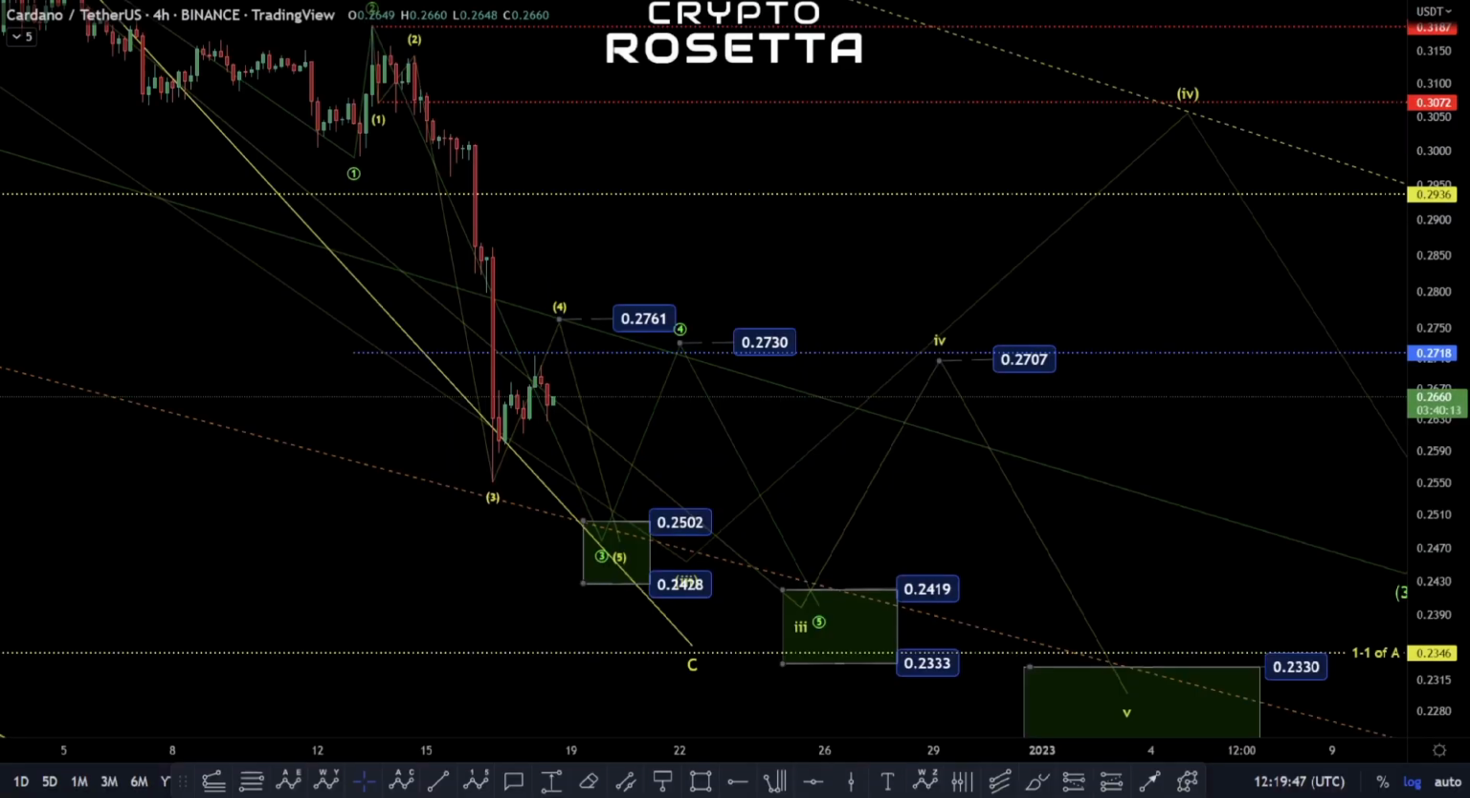Hello and welcome everybody. My name is Savage and today we're going to be having a look at ADA again. We have adjusted the count slightly as it's pushed much deeper. Like I said in the last video, we have to be careful of extension and we're going to go over